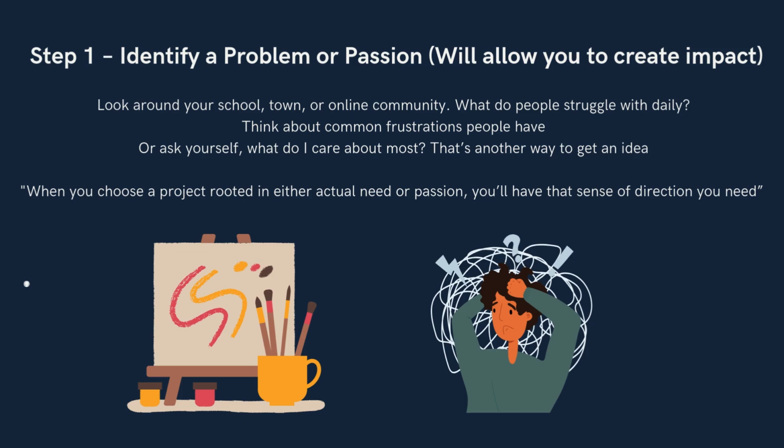So, how do we really find these? Some practical exercises: first, look around. What's something in your school community, online community, or neighborhood that frustrates you? Second, you can talk to people. Ask some people this week, if you could fix one thing around you, what would it be? Typically, a simpler problem would be better, but go for anything you want. And next is reflect. When was the last time you felt angry or moved about something?